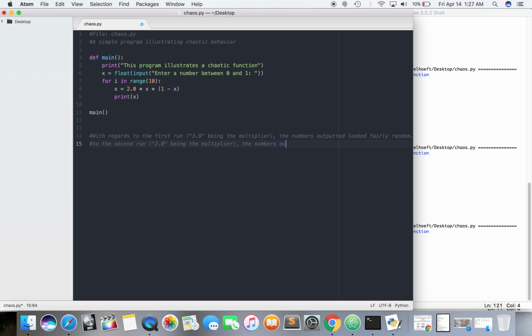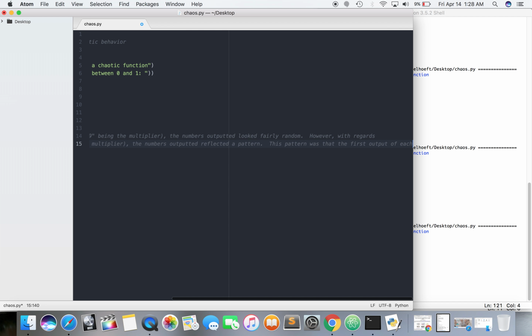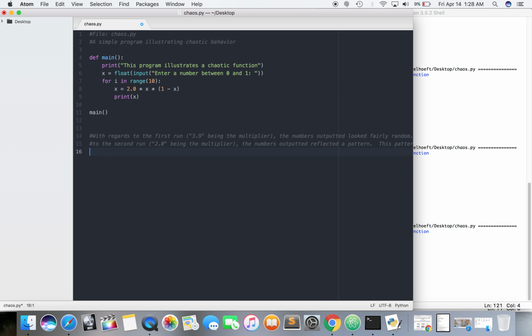The numbers outputted reflected a pattern. This pattern was that the first output of each of the 10 outputs produced from each run